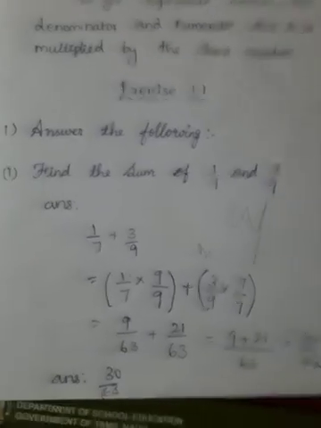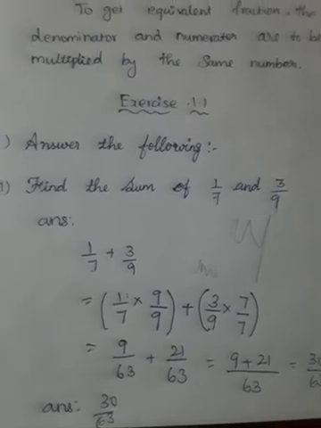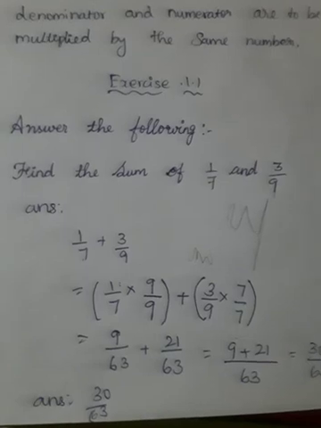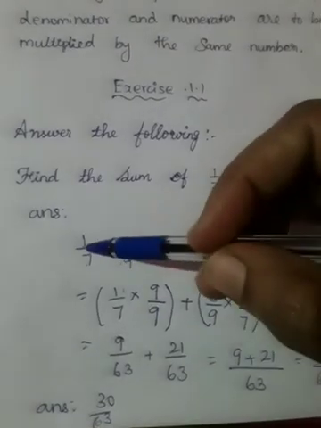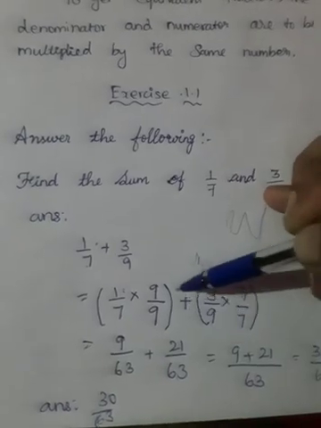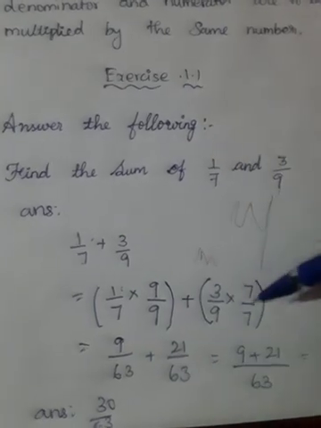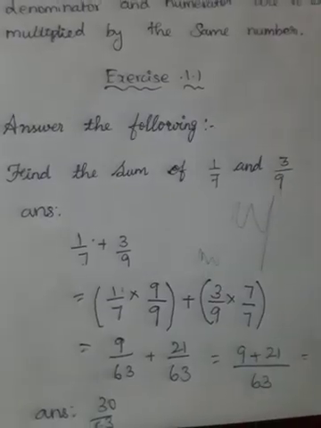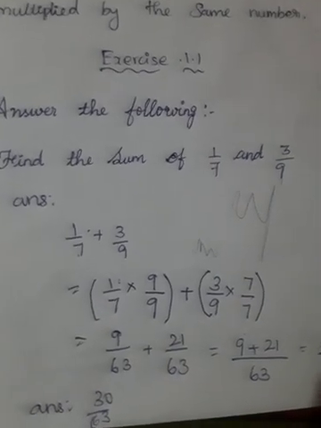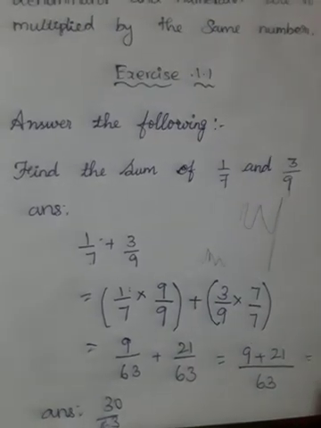So whenever you are doing addition or subtraction in fractions, you want to check the denominators. If they are the same, write it as common, add only the numerators, and you will get the answer. Otherwise, take the first fraction, multiply with the second denominator, then write plus. If it is minus, write it as minus. Then second fraction into the first denominator. After doing the multiplication, the denominators will be the same, then add the numerators alone. If it is subtraction, you just subtract the numerators. That's all. Very easy, no?